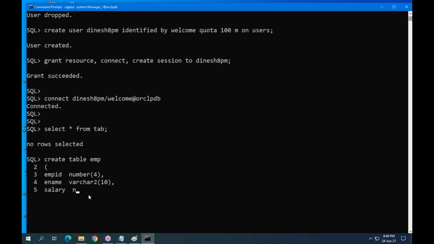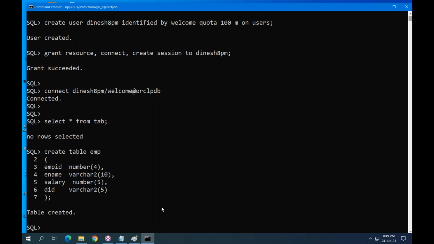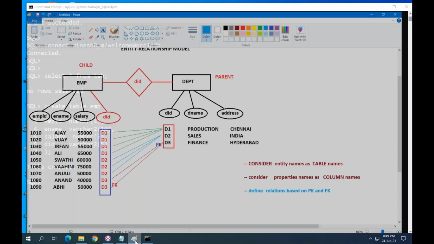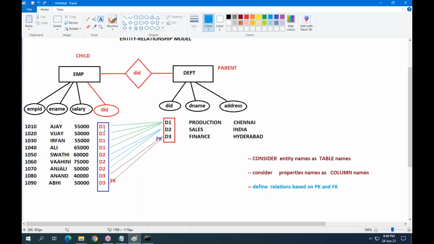Salary is number 5. did is varchar2 5. After finishing the columns, close the bracket, semicolon. Table created. So we know how to create a table based on the ER model.